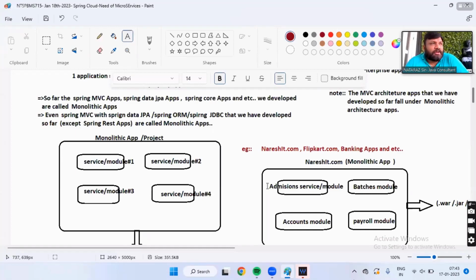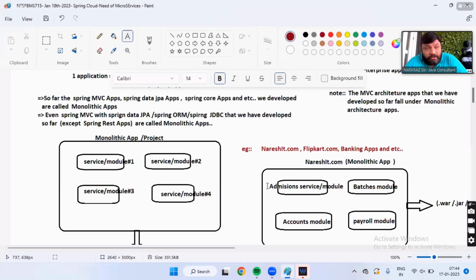Sales is a separate module. Marketing, separate module. Payment, separate module. Inventory, separate module. Login activities, separate module, because we have to show different login options, right?